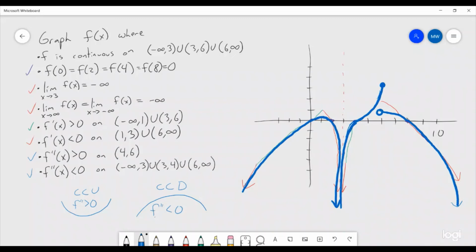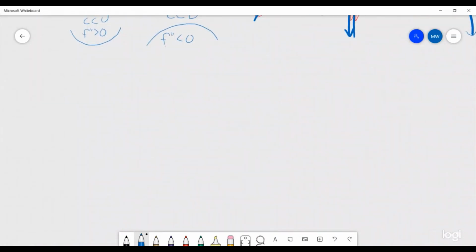Is this the only one? No, but this is a valid one that we can use. Let's do another one, but this time I'm going to give you the function and we are going to have to graph it. So let's say that we are trying to